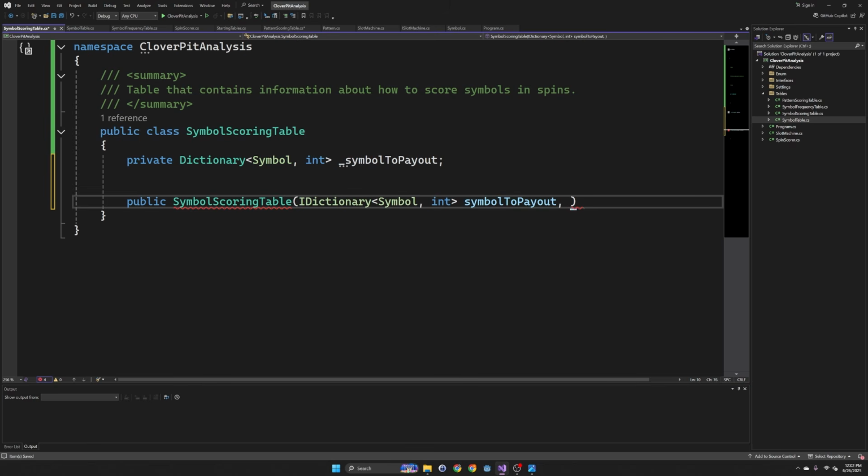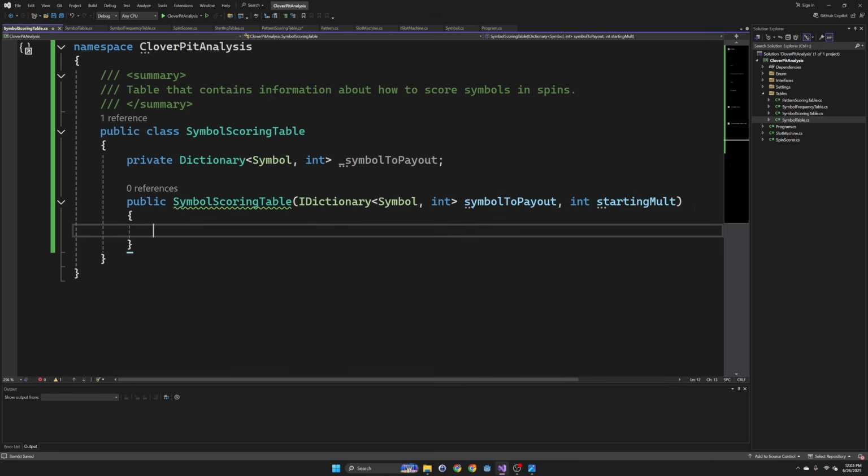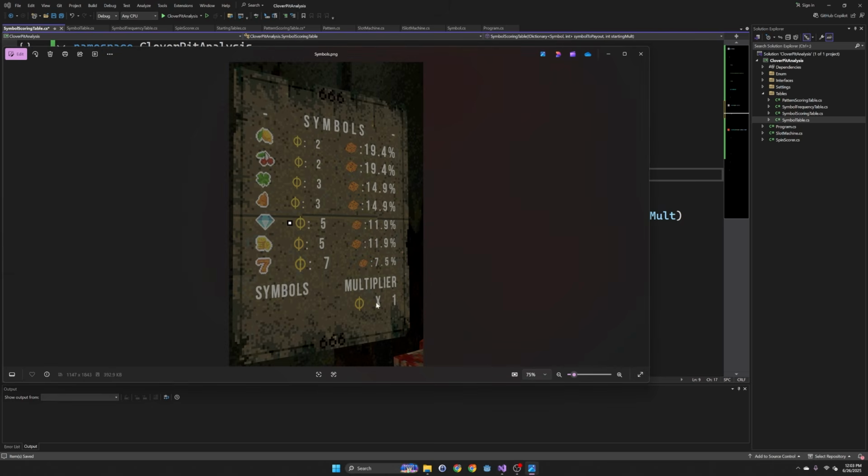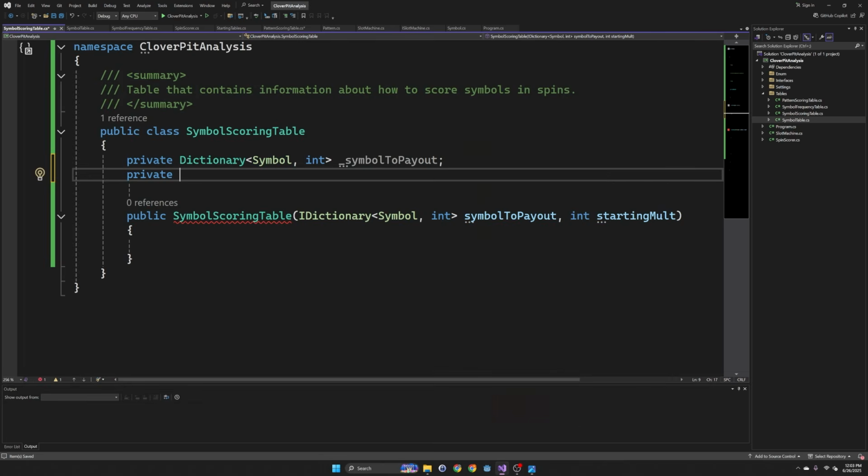Ooh, starting multiplier. So let's just put the multiplier in. I don't really know why I was like, oh, I'll deal with that later. It's not very complex. Starting mult. Okay, so let's go ahead and put that in there as well. So I will lump together the multiplier. You can see here there's the multiplier with the symbol scoring, because that's going to be used in scoring in general, right? So private int